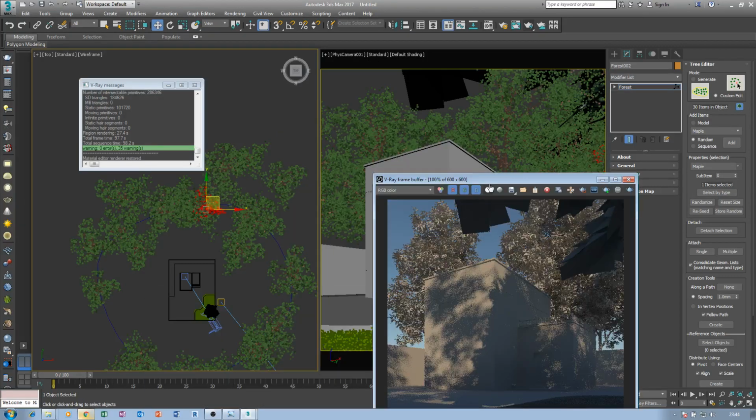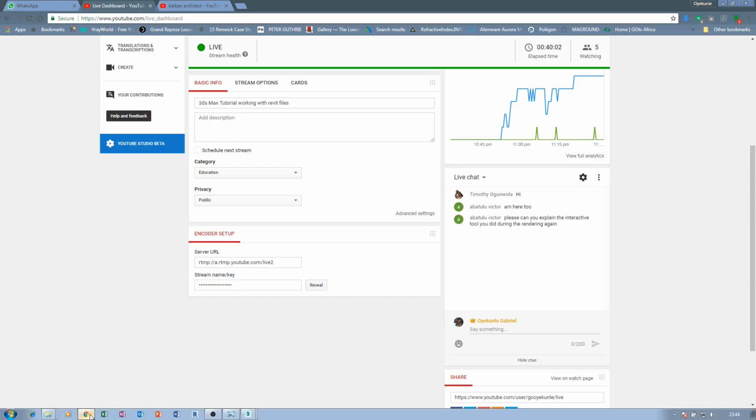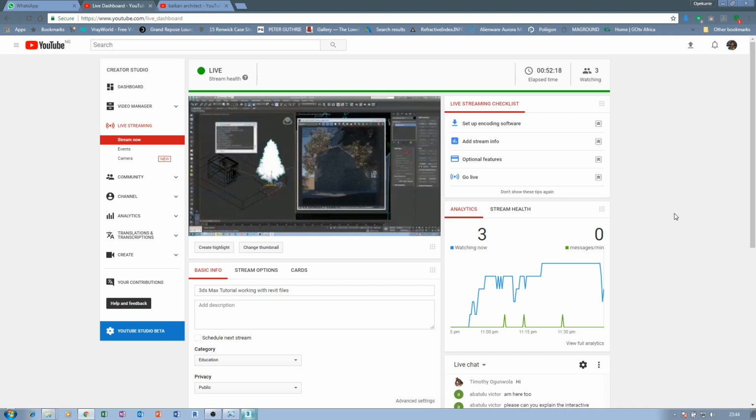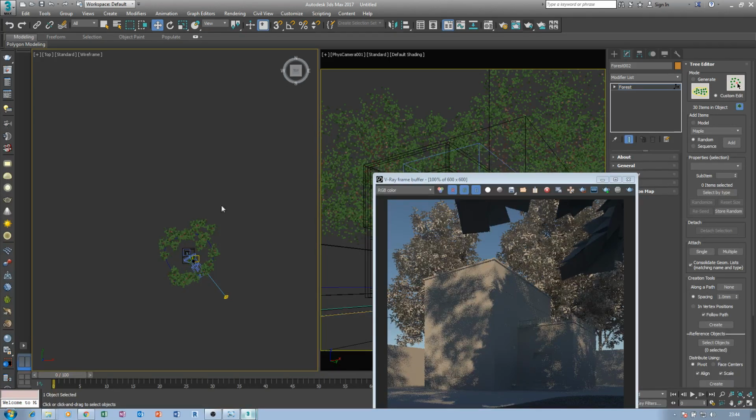So the only thing is it's not doing interactive updates. Then your, what was it called, is doing autosave. So now if we render again,